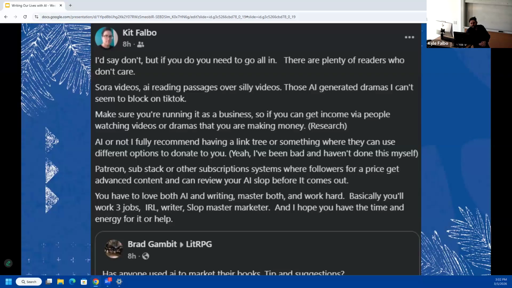When you think about things like a Patreon or a Substack, these subscription systems, these are your fans. These are the people that are invested in you, both financially as well as with their time, and they are going to be the honest ones to you. If you're going to be using AI, they're going to be the ones to tell you to stop, or they're going to be the ones to tell you you've done a good job with it. It's an acceptable use of it, right?